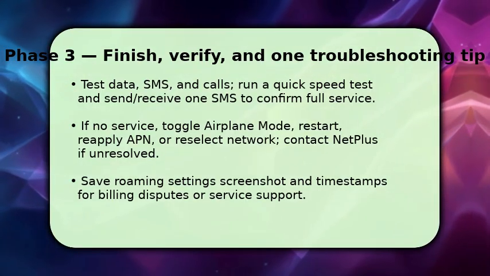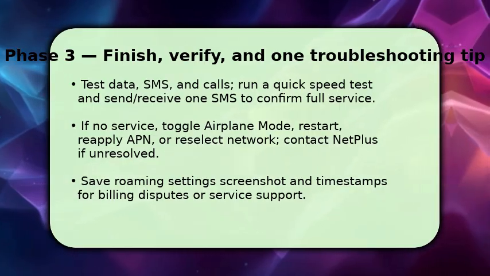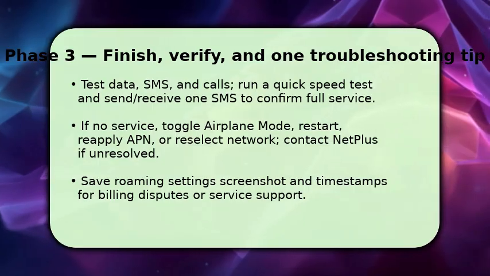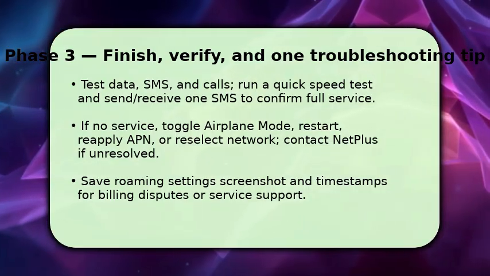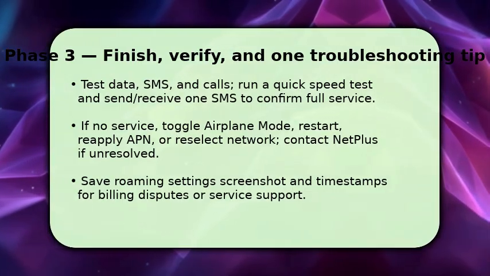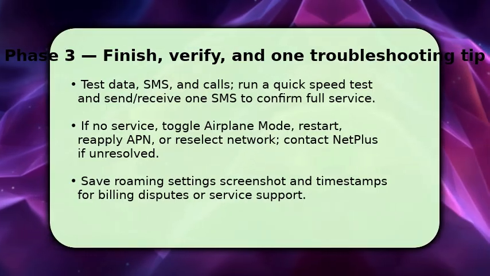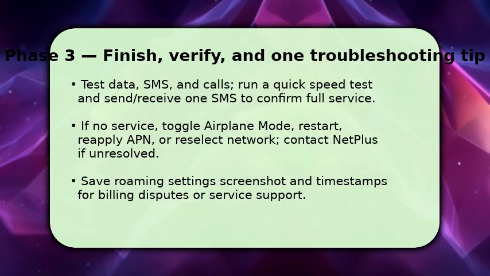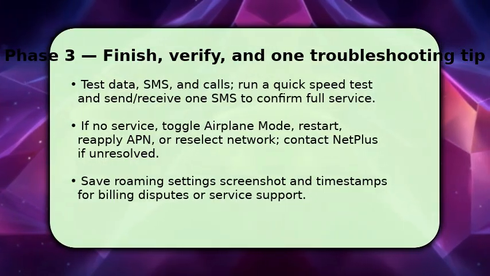If something fails, toggle airplane mode, restart the iPhone, and reselect the network. Then reapply the exact APN values NetPlus provided. If problems persist, contact NetPlus support with the screenshot of your settings and timestamps, because having that evidence speeds resolution. One key tip: always keep roaming usage monitored to avoid